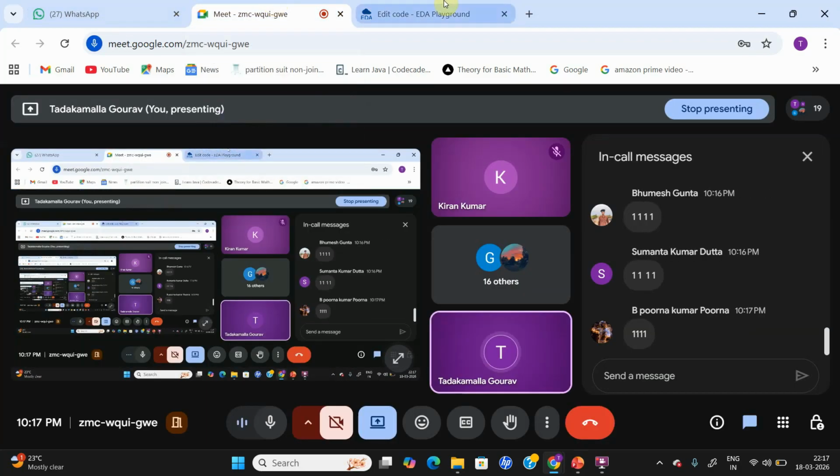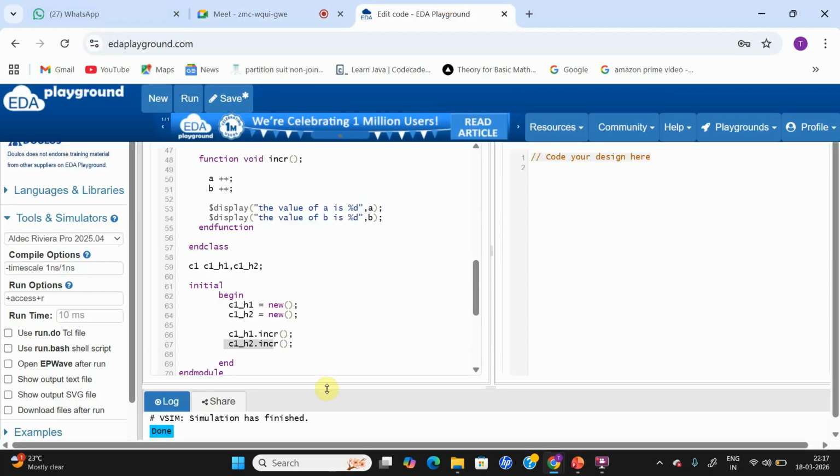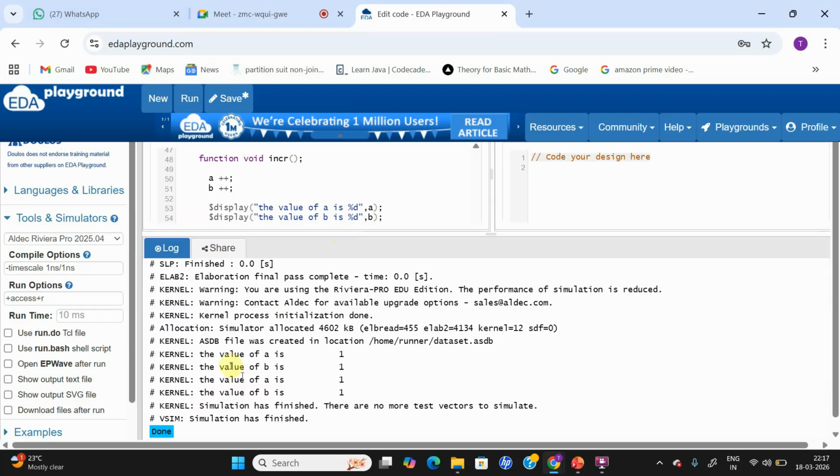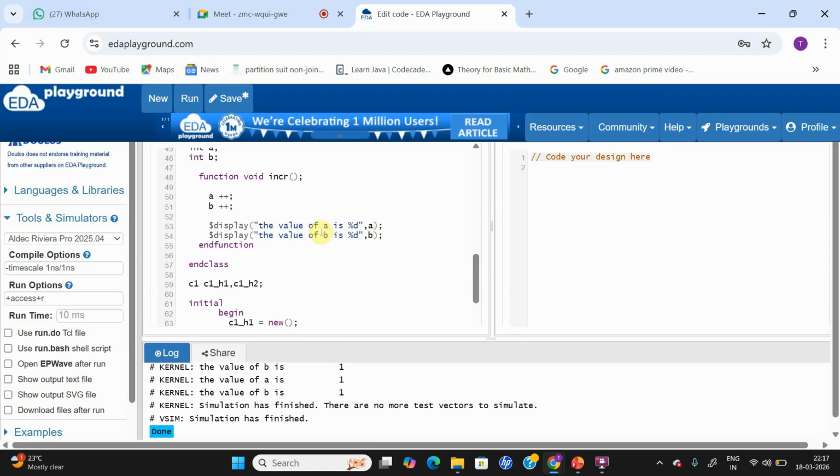Okay, let's check it out. Yes. So the value of A is 1, the value of B is 1, the value of A is 1, the value of B is 1. So if we want to maintain